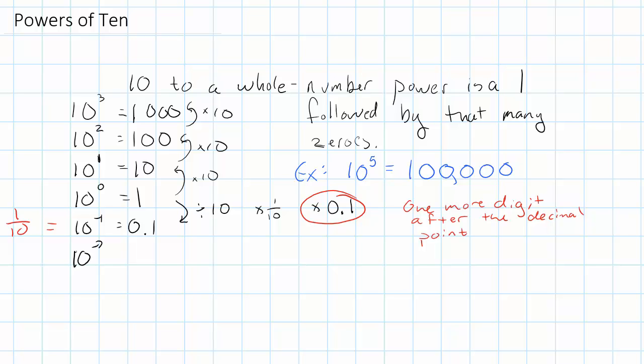10 to the negative 2. Right, well, now we want 2 digits after the decimal point, 0.01, which we could think of as 1/100th. 10 to the negative 3, that's 0.001, which we could think of as 1,000th. Right, notice